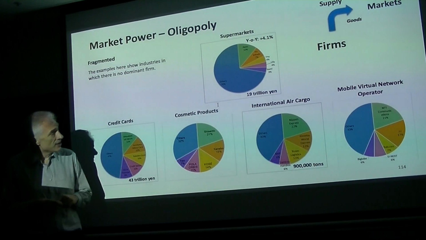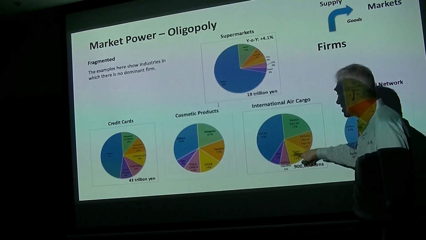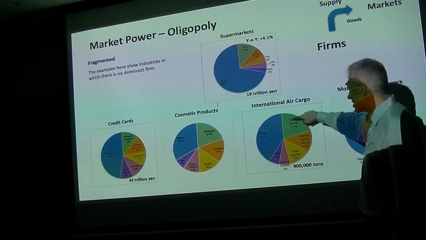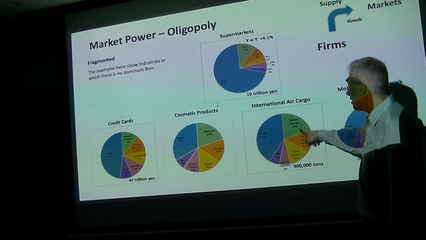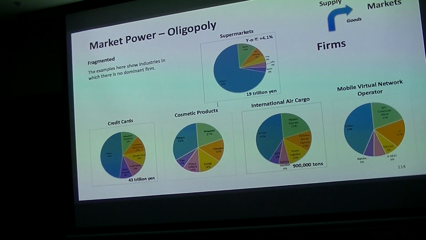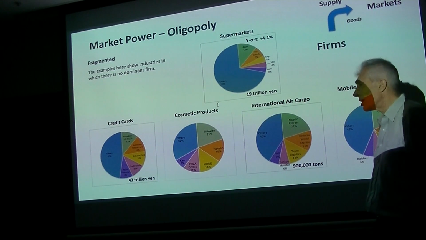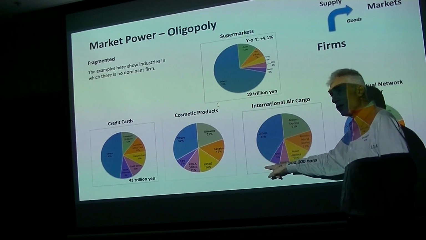Kind of borderline. International air cargo, again, I call it fragmented because it's less than 60%. Very competitive. These are freight forwarders. They can typically do the actual flying. It's freight forwarding and a very, very competitive market. These would be the foreign firms. So foreign firms are going to have